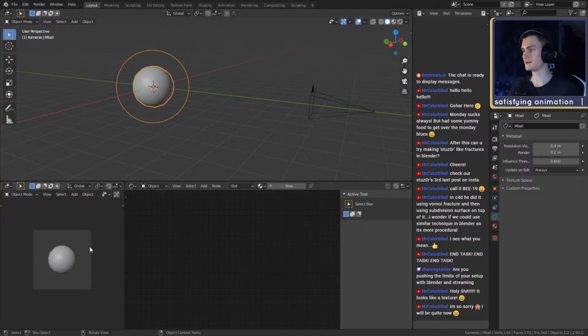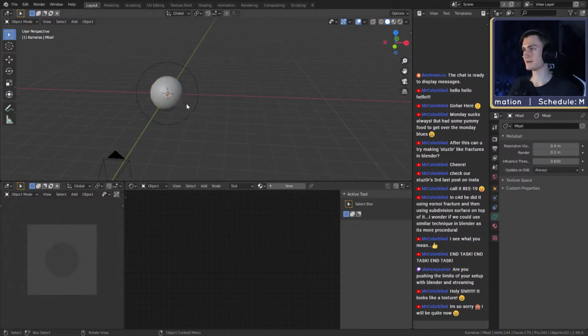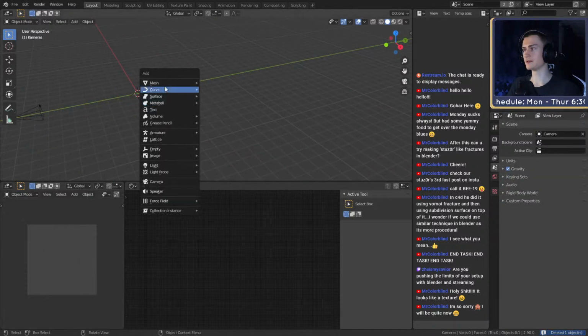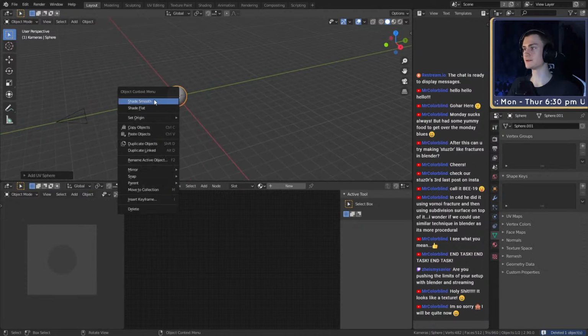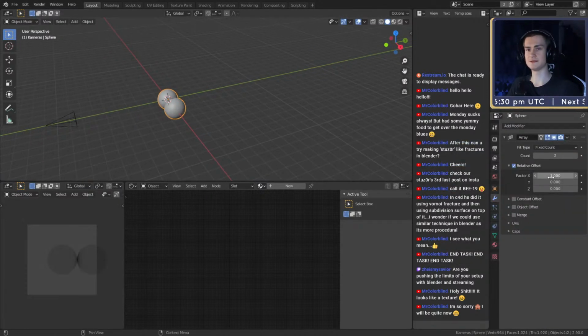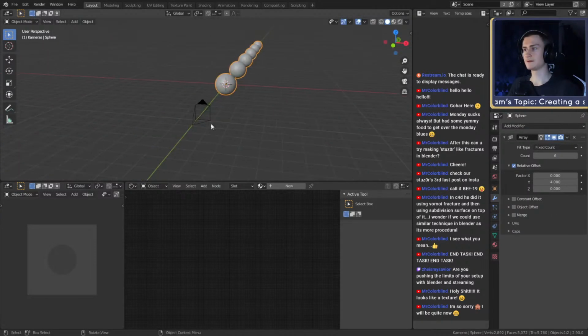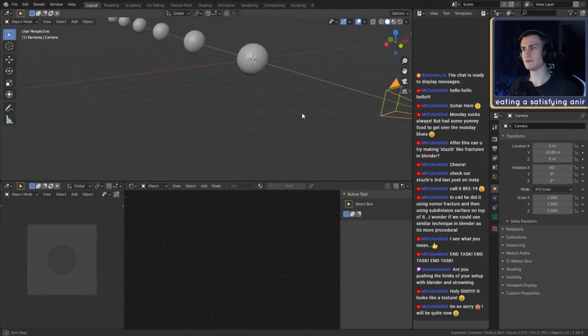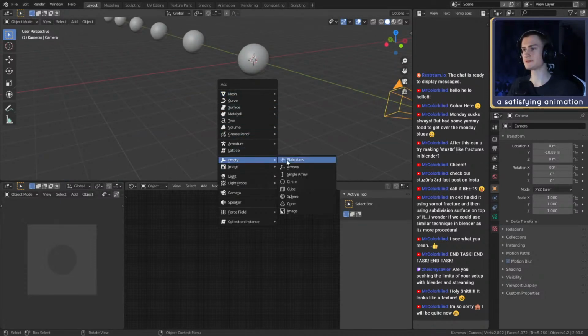If we, for example, keep this, switch to rendered view, and maybe duplicate this even, or we can just make a UV sphere and then use an array modifier to make it easier. Put that to 4, and there we go. Then we make 2 empties.